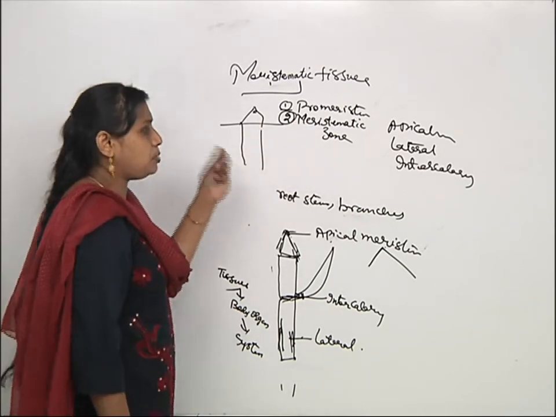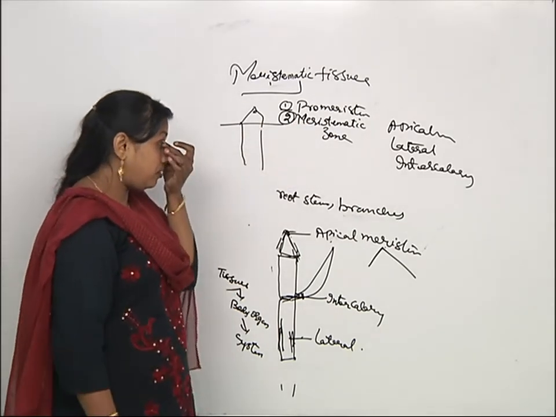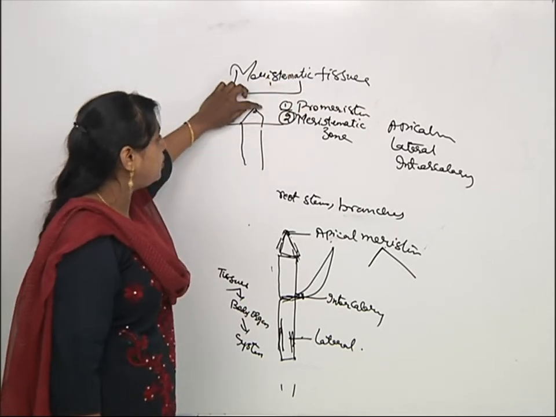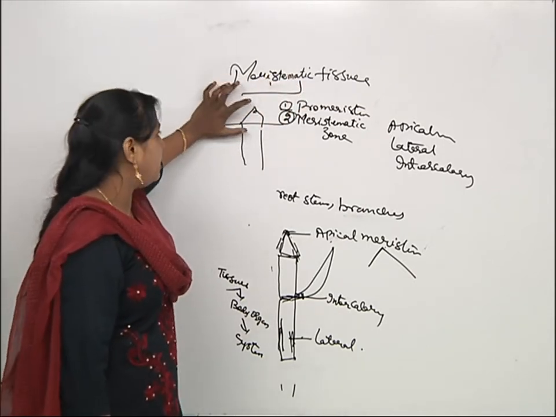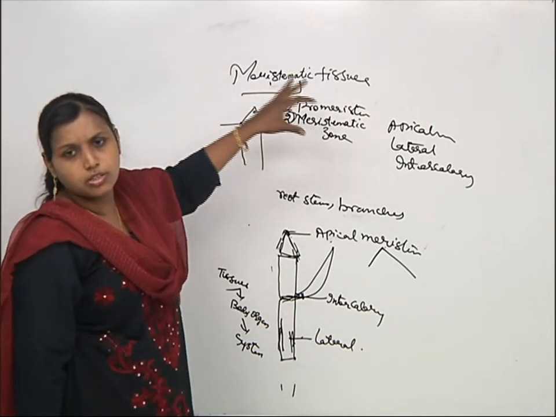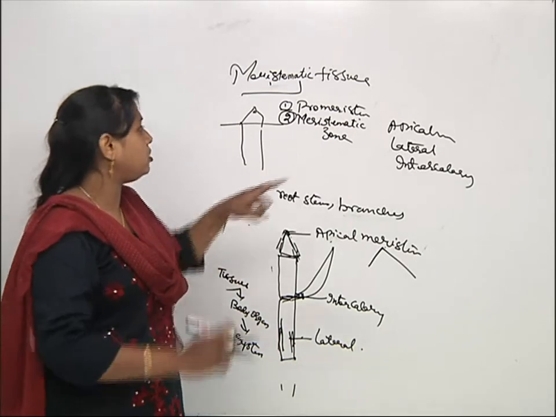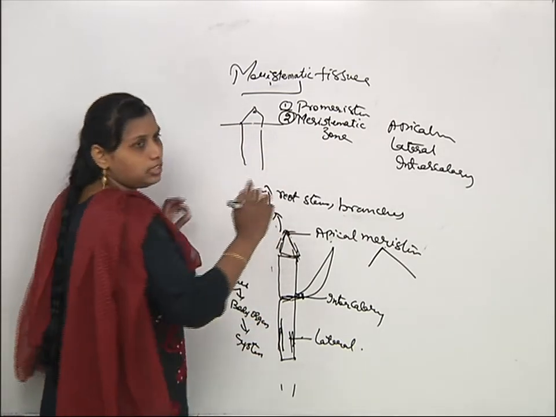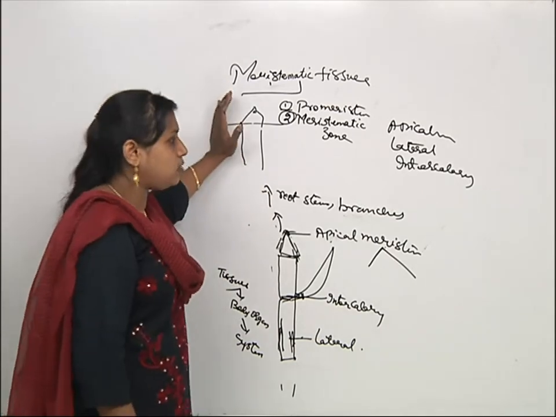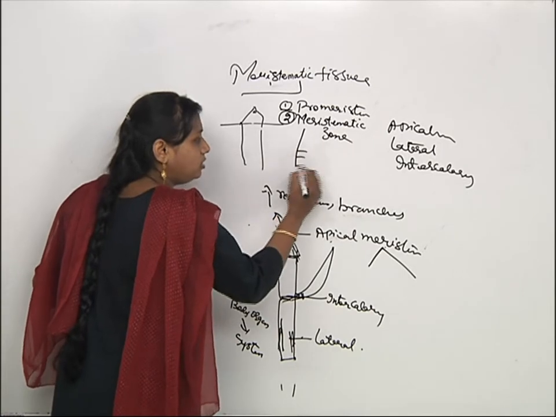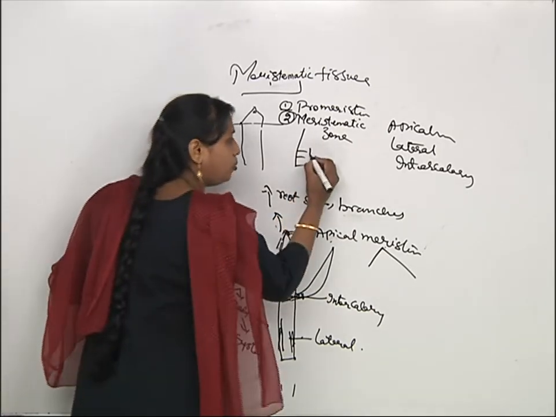Here the promeristem will show a group of cells with the group of initials, apical initial cells, will be there. And this meristematic zone will show the continuous division, multiplication of the cells, and this will increase the height of the tip of the plant. Okay, next one, these meristematic zones are again divided into 3. What are those? These are divided into protoderm,